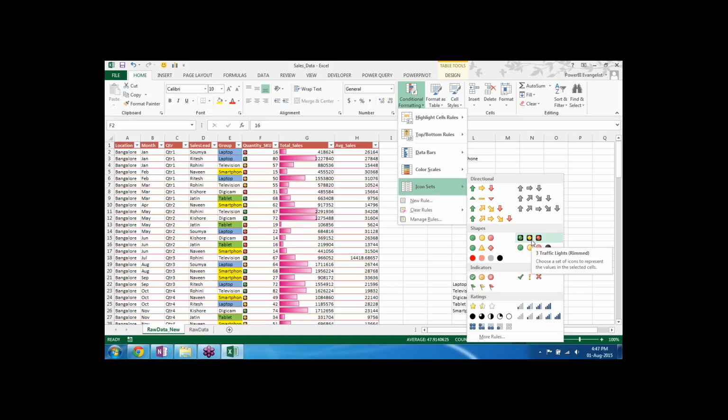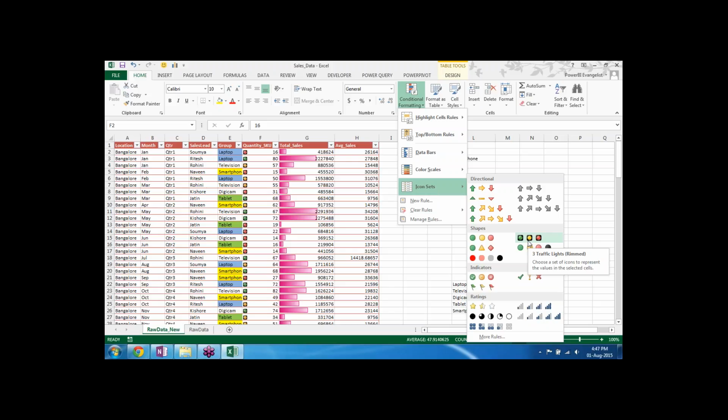If you just take the directional, it shows whether it's in the middle or in a bottom quartile or top quartile, it automatically shows like that. If you select this, it shows the amber, red, amber, green as well. You can take the directional, the shapes are of all different types, and then we have indicators,